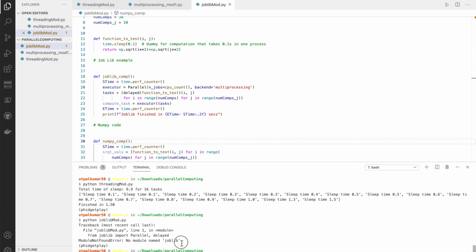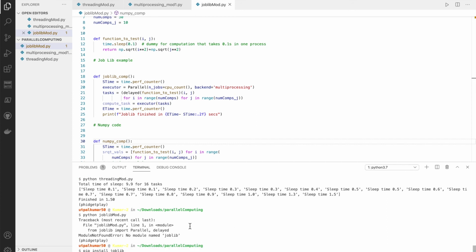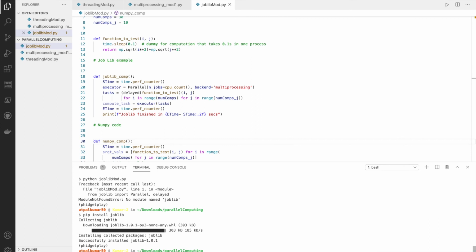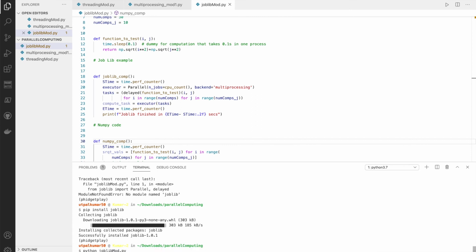Since joblib is not a built-in library, you might have to install it. So let's do that. For installing, we can simply do pip install joblib, and that's it. We get joblib. Now we can run it,